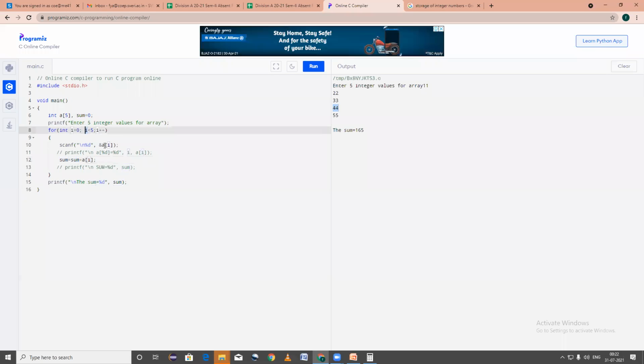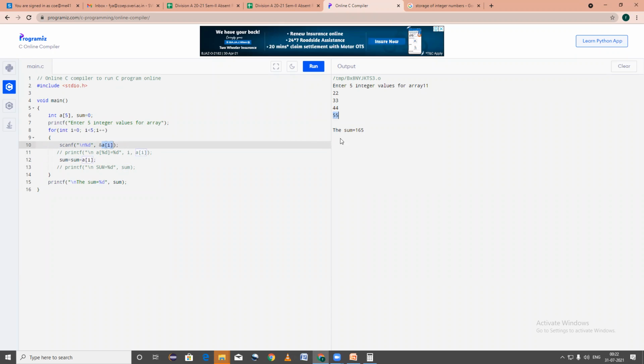Yes, the condition is true, so it will go to a of 4. What is there in a of 4? 55. 110 plus 55 goes to 165. It again goes to increment, I plus plus. 4 plus 1, 5. 5 is less than 5, the condition is false. It will go and print the value in the sum, that is 165.